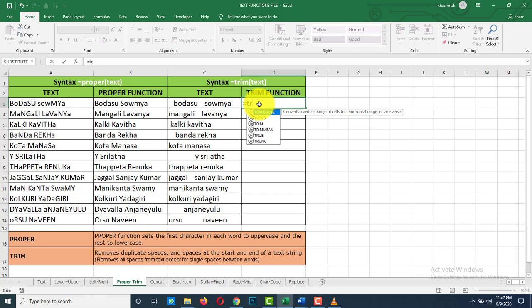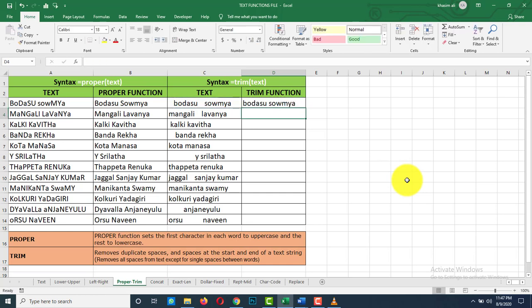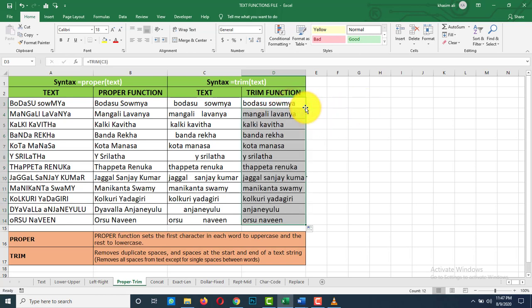Equal to, apply this, trim of text string, that is C3. See what happens? It removes all the blank spaces before the text string, after the text string, and leaves a single space between two words. And the next one is